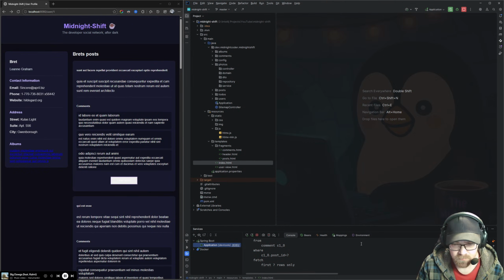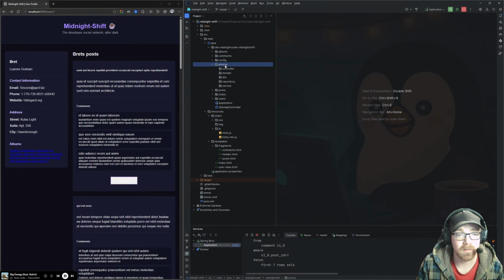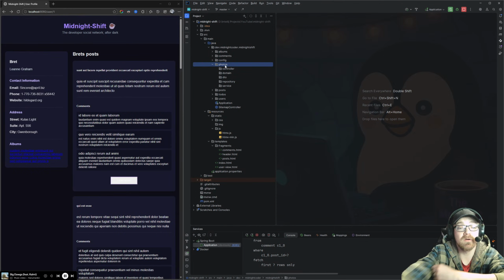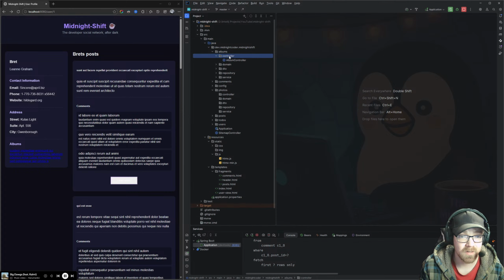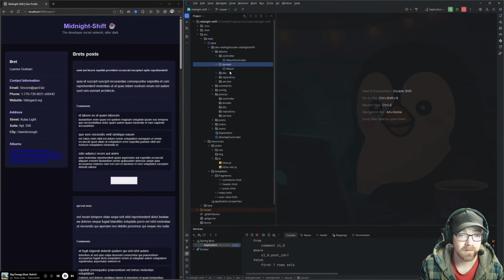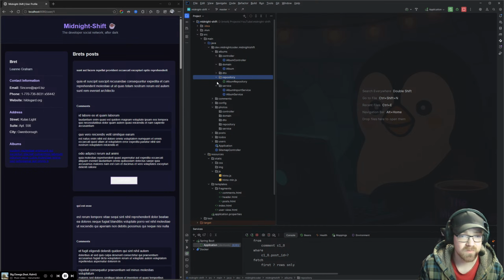Okay, so few things we got to do. Because now we're looking at photos. We did albums yesterday to fetch everything. So we are sort of going to mimic this and build out our photos.